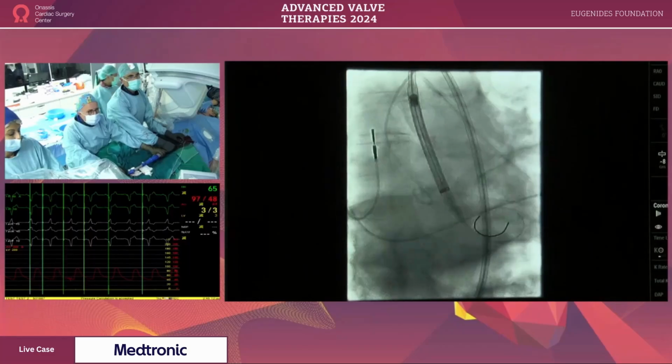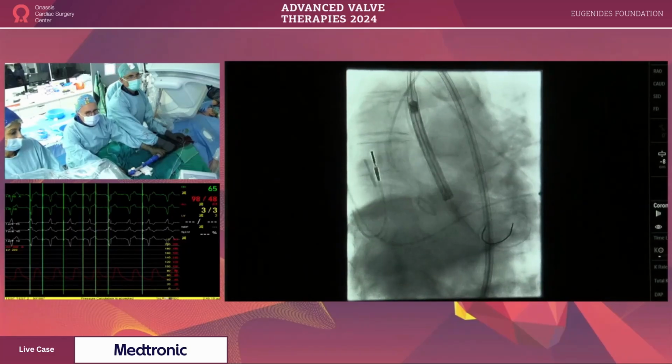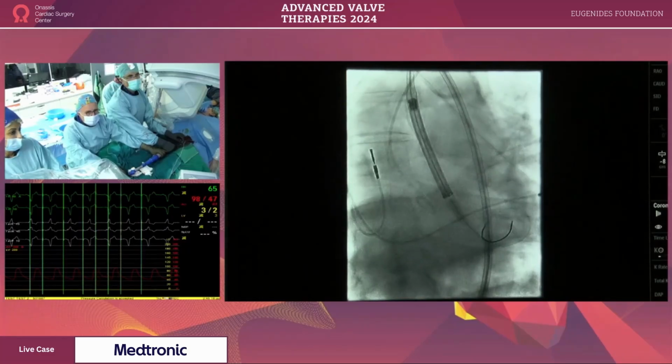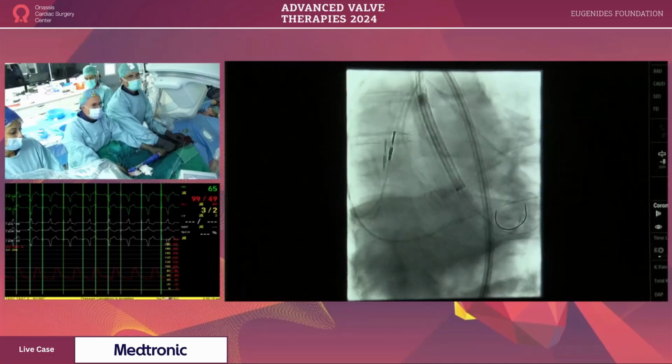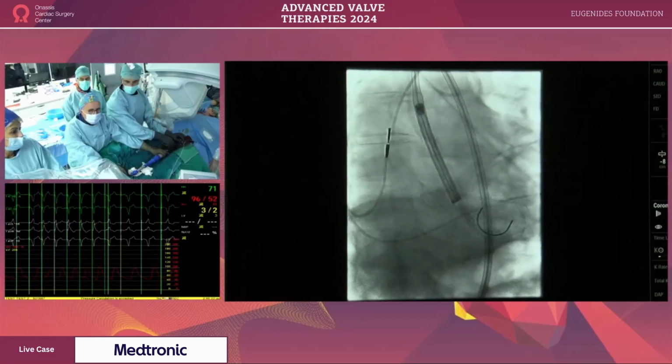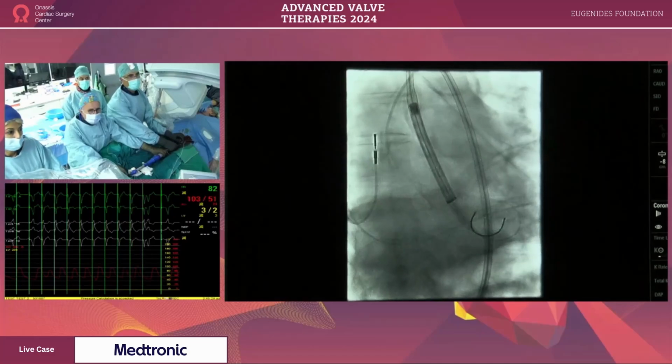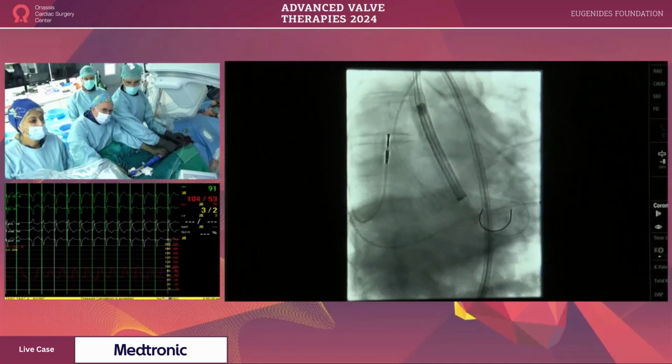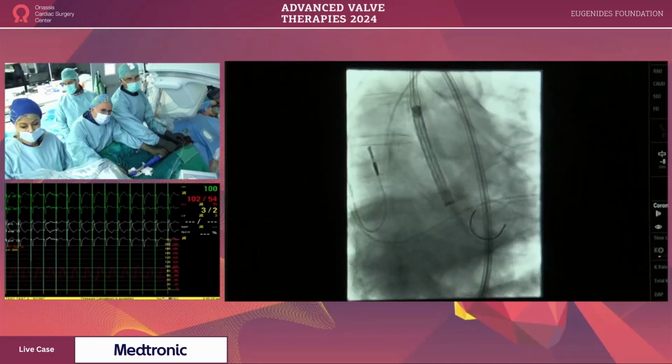So it's very important for the second operator at this point to have proper control of the wire. So, okay. I hardly see the valve, you know. Okay. Yeah. No,